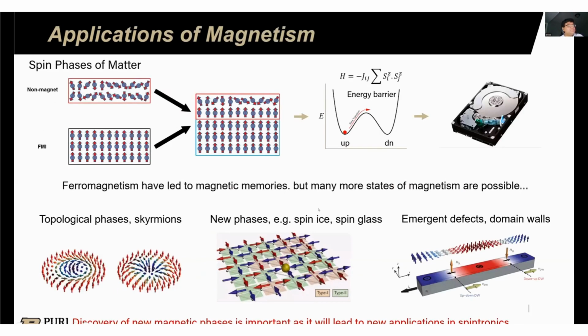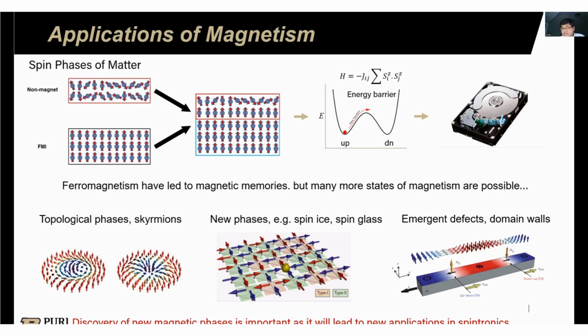So, with that in mind, let's talk about why we are interested. We are interested in the spin phases of matter, and we know that spin phases of matter are extremely important for technological developments. For example, we got magnetic memory because one day it was discovered by IBM that you can use the fact that you have ferromagnetism in materials to store memory. But ferromagnetism is just one example